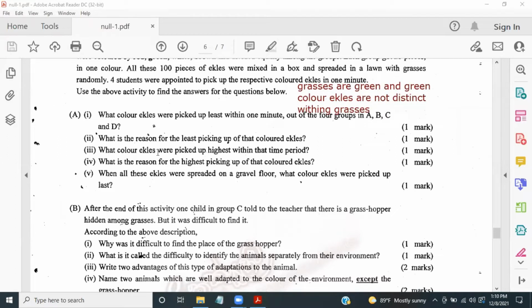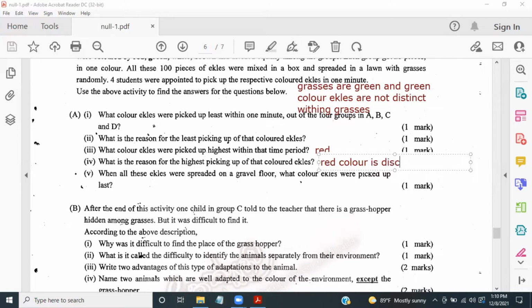Next, what color ickles are picked up highest? We can see that red color can be seen distinct within the grass. They are green color, but red color can be distinct within the green color. Distinct means easily seen. What is the reason for the highest picking up? The reason is red color